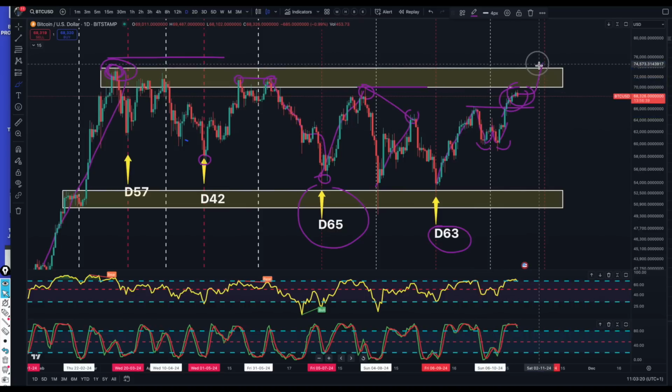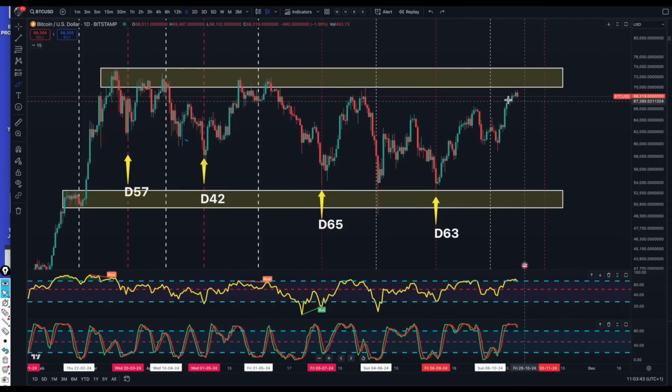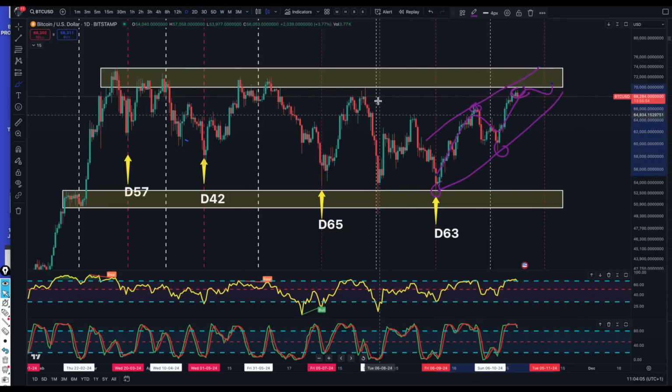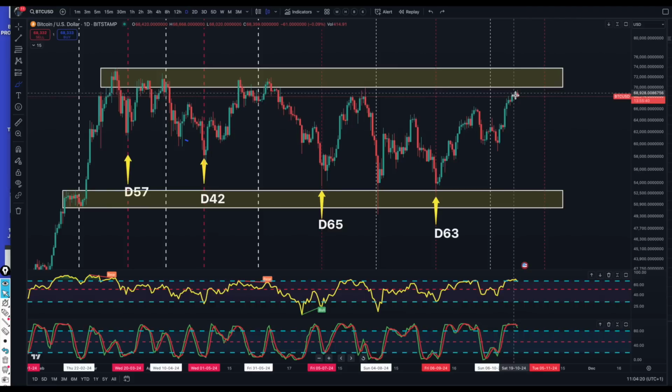So even if we don't break through the 73,000 within this current cycle, which comes to an end on the 5th of November, there are signs that we're now making a right-translated cycle, as well as a higher high and a higher low on this side. So the trajectory and the pattern of the charts are now moving to the upside rather than to the downside that we got here. These are the tentative signs that we have to look for to see whether the Bitcoin price has started to turn around.